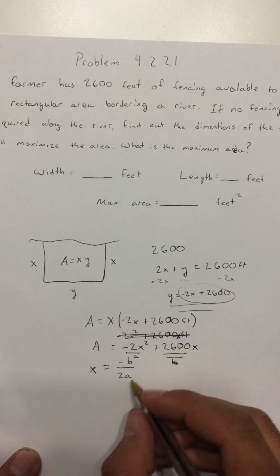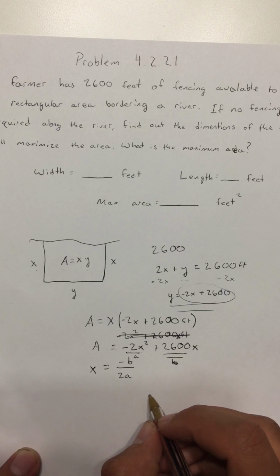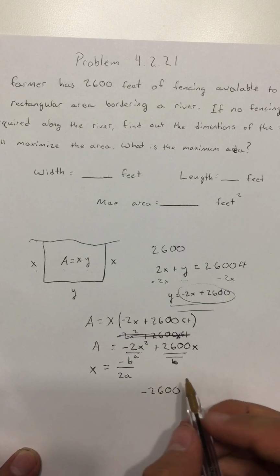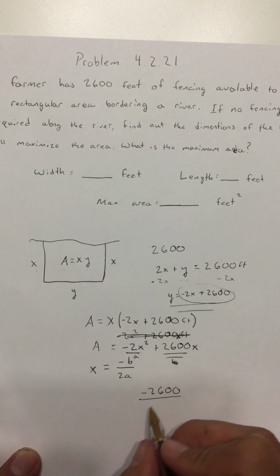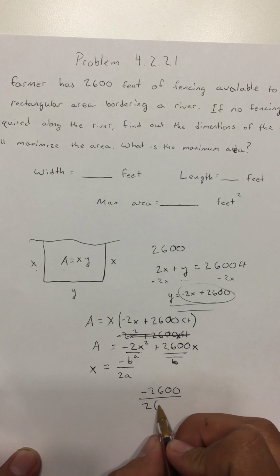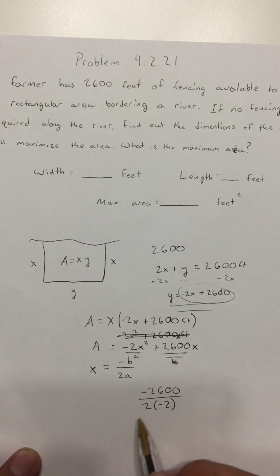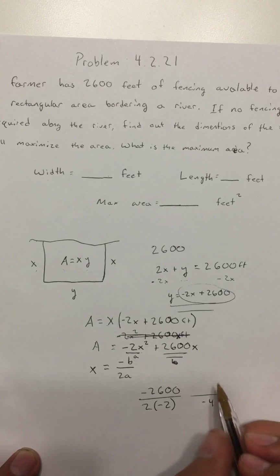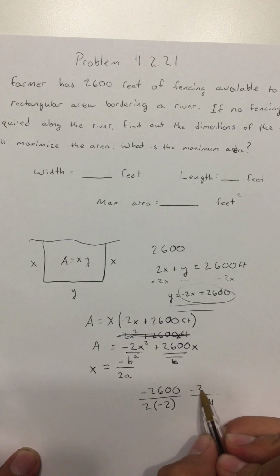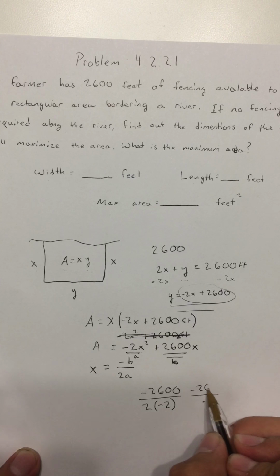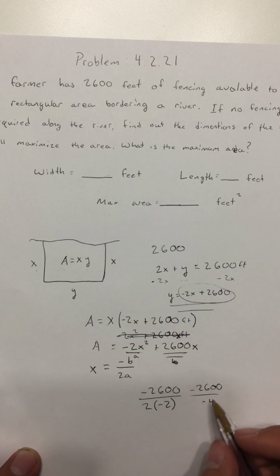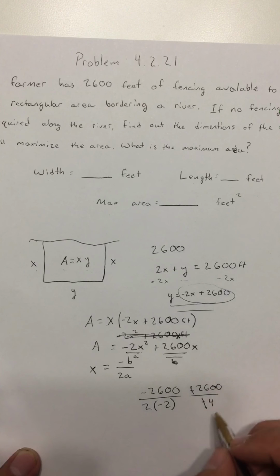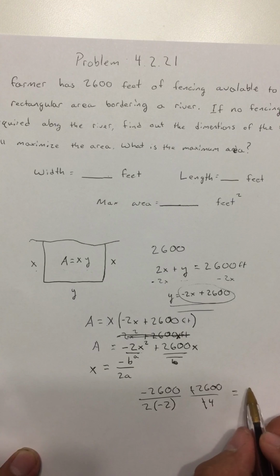So let's plug it into this formula here. We get negative 2,600 over 2 times negative 2. Now 2 times 2 is 4, and this is negative 2,600. The negatives will actually cancel each other out here, and when we divide this all out, we get